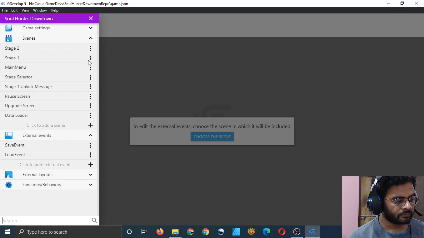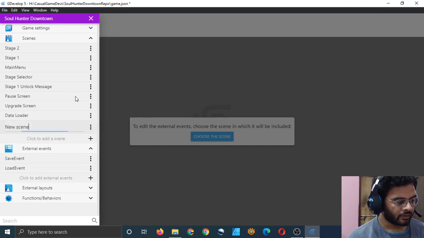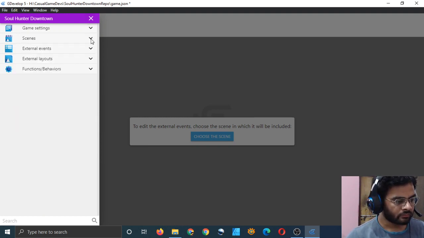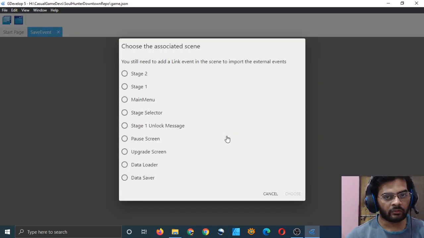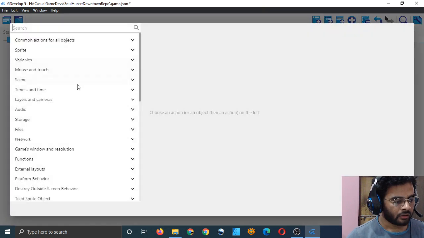For the purpose of keeping it all consistent, I will make a data saver, but we don't need to put any variable inside it. Data saver, just to keep it consistent. I believe you can attach that data saver to any scene, but let's not do that. Just keep it good and clean, we have a data saver and we have a data loader, so it's symmetrical.